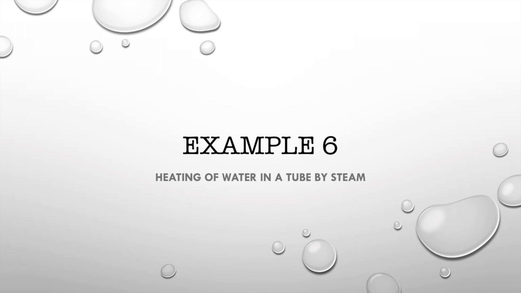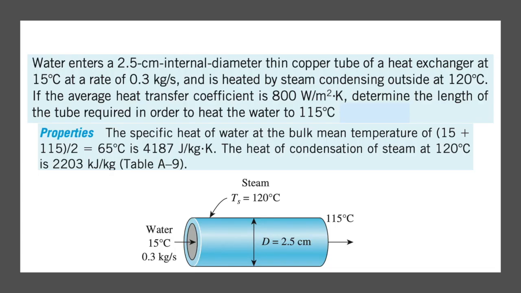Okay, example 6 for internal flow convection, forced convection, heating of water in tube by steam. So let's take a look at the question. Water enters a 2.5 centimeter internal diameter thin copper tube of a heat exchanger at 15 degrees Celsius at a rate of 0.3 kilogram per second and is heated